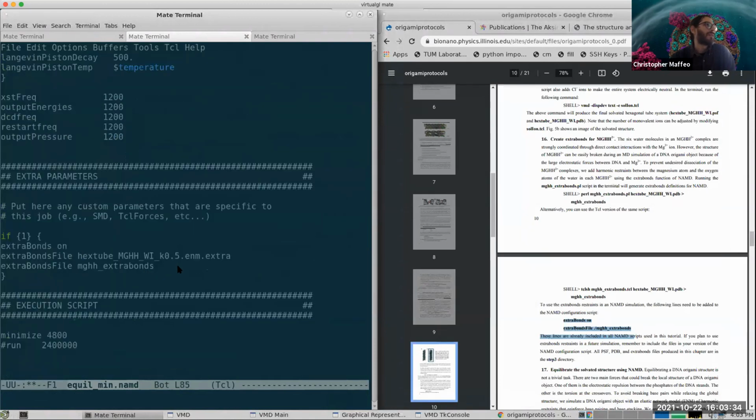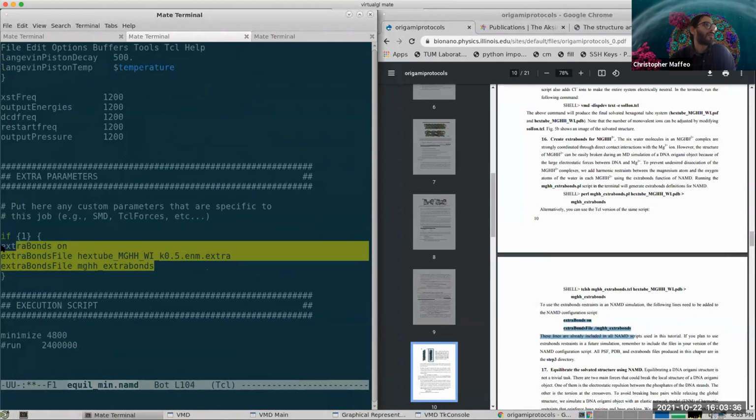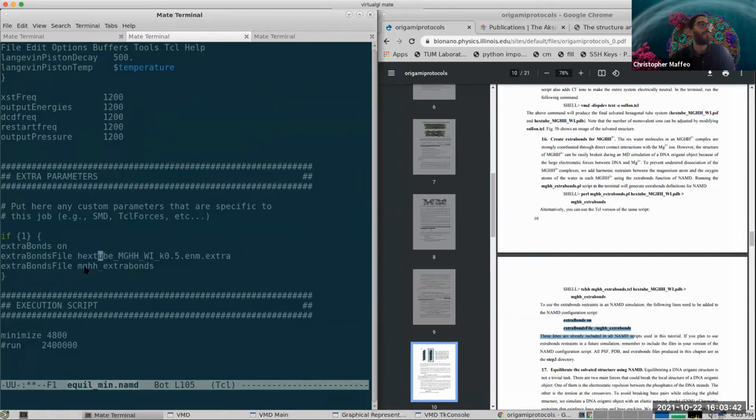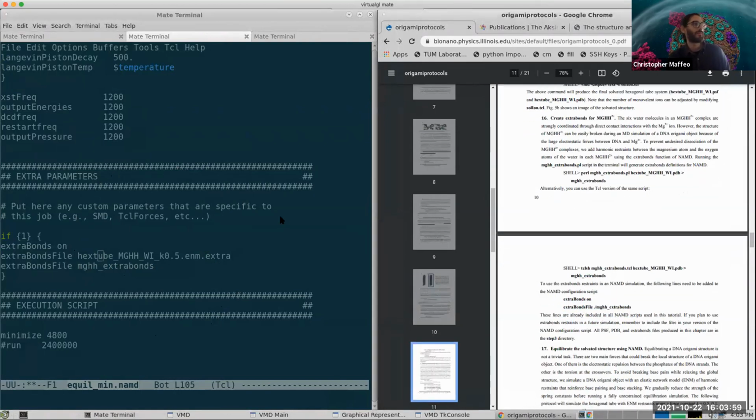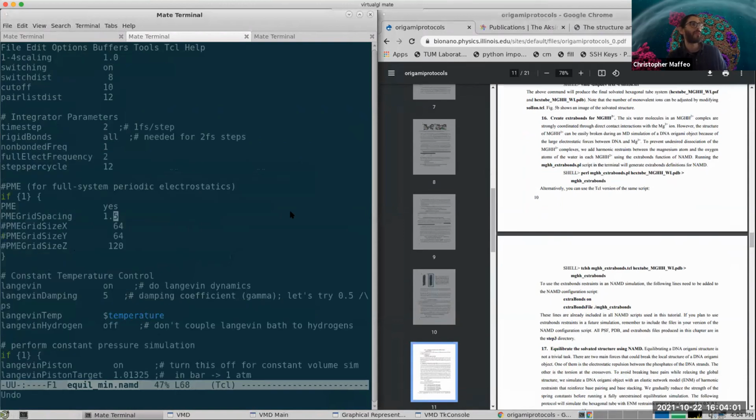Here we highlight 2 extra bonds files. The first is the elastic network that was generated before by the online server, and then here we also have the extra bonds file that we've just created. All this simulation is meant to do is minimize the structure. So the strategy here is to